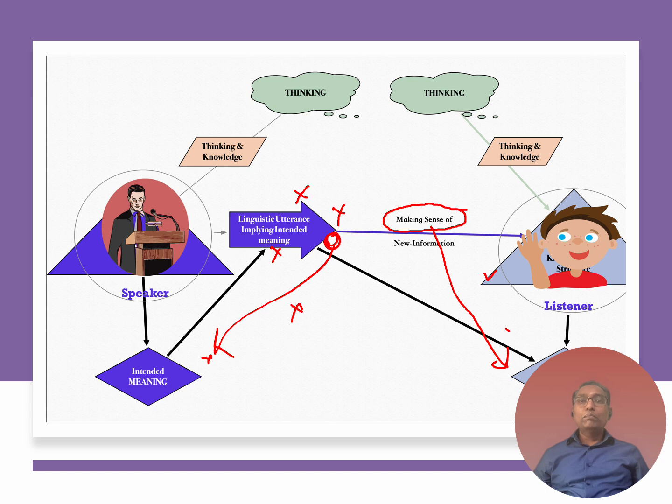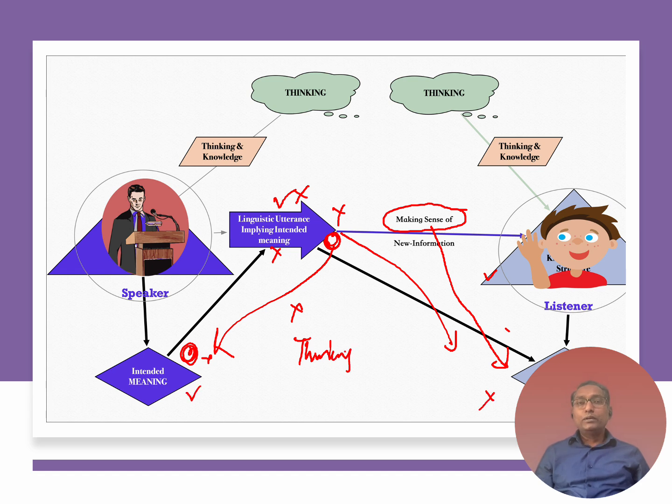While the speaker implies this thing by using the surface structure, the listener uses the surface structure to infer what the speaker might be saying. So there is always this connection, this relationship between what the speaker intends to say and what the listener infers. If these are the same, then the communication is good. If this is not the same, that's where the issues related to communication come in. And you can see how this relates to the very process of thinking and the very process of using knowledge for different purposes.